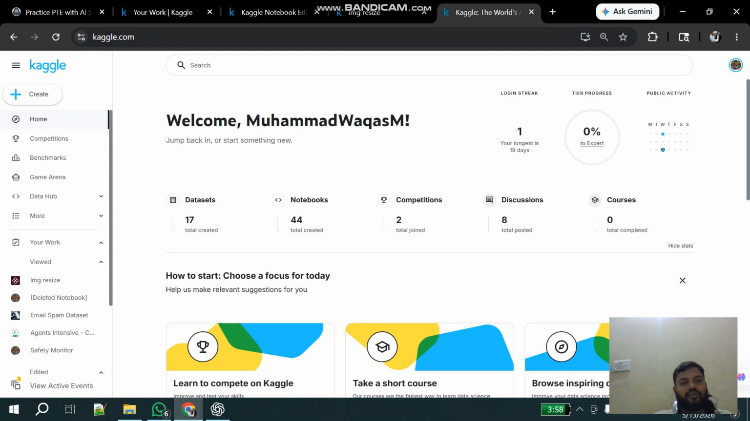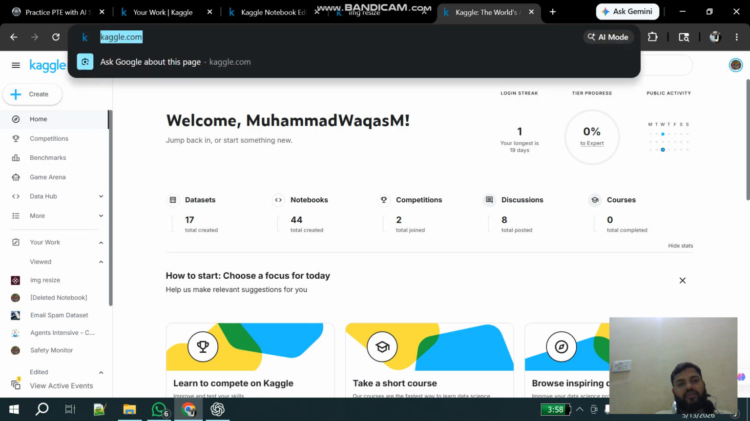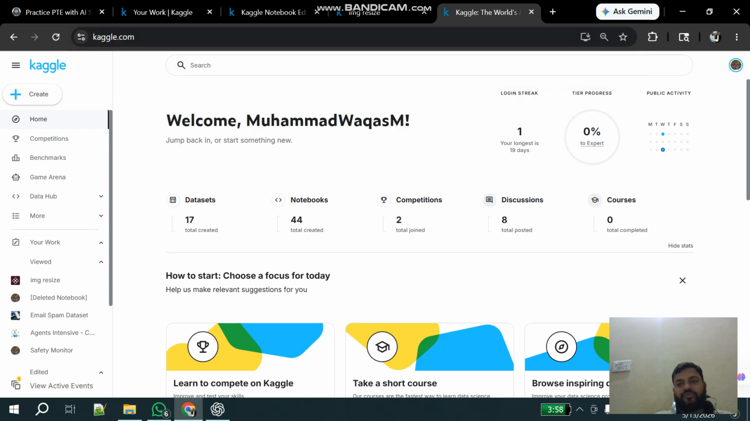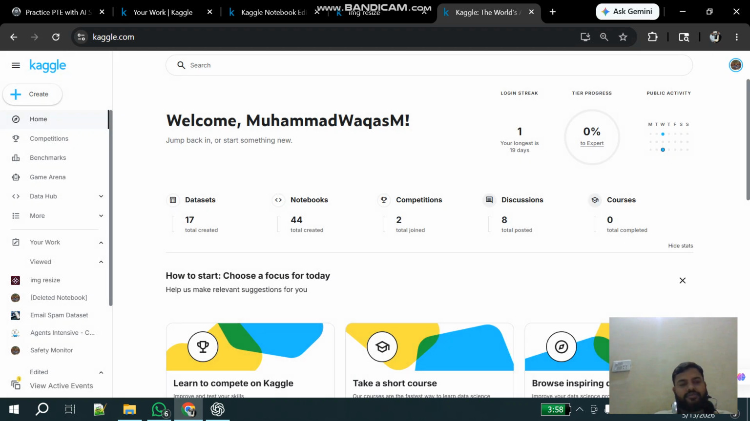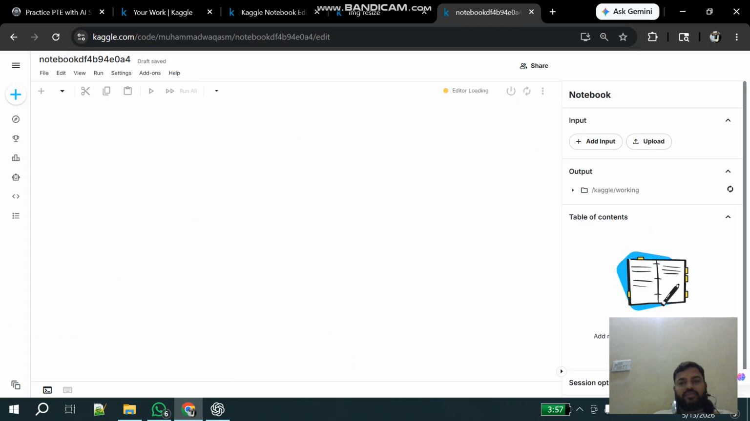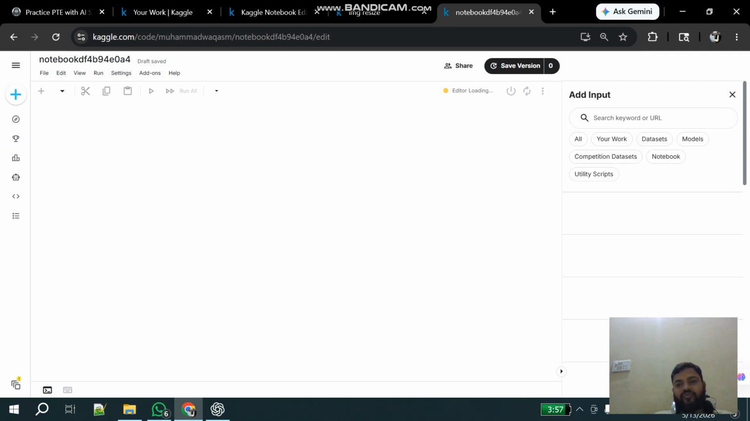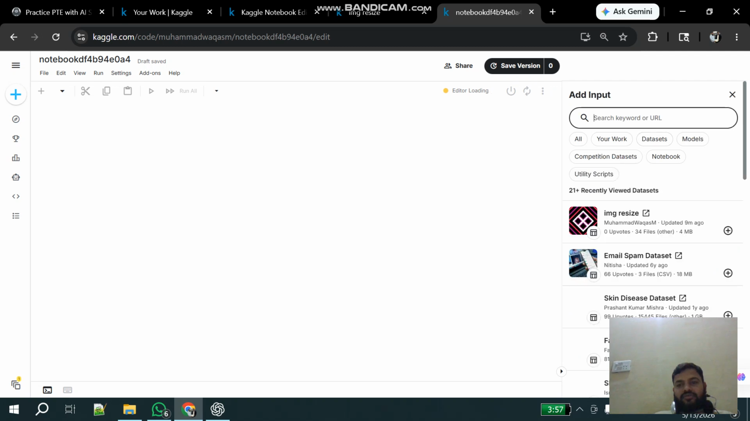Here you can start. You have to open Kaggle.com and sign up using Google, and after sign up you have this page, and then you have to click on create notebook. You will come on this page, and then you have to create an input folder, and